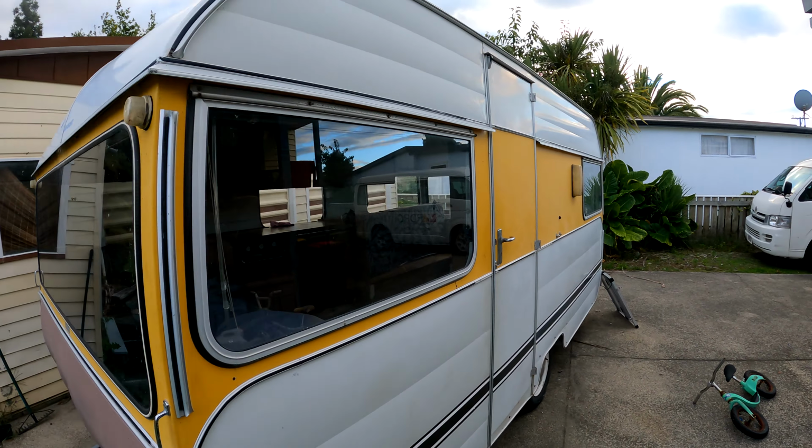This is our current caravan that we have enjoyed lots of holidaying in. We've been up Northland twice in it. It's a great little caravan. But we are wanting to upgrade. So we have been shopping around, doing our research, looking around, and this is some of what we saw at